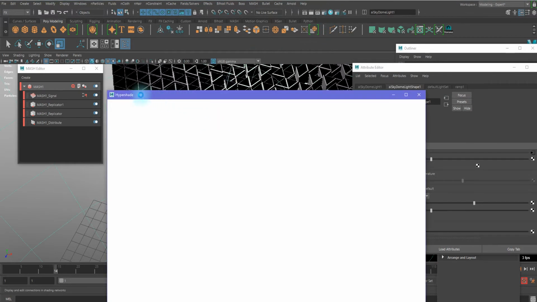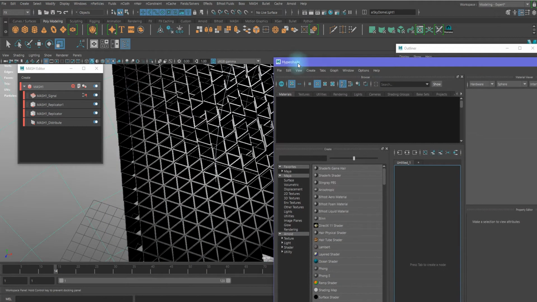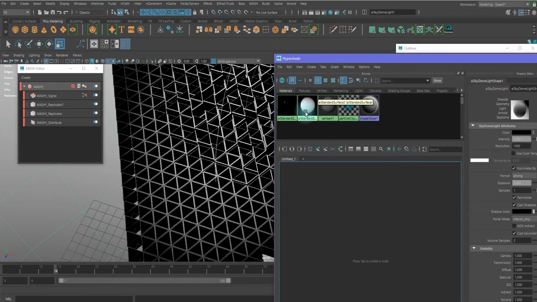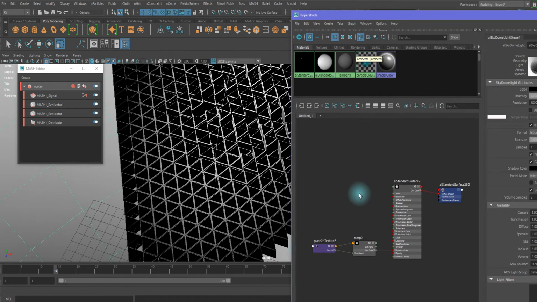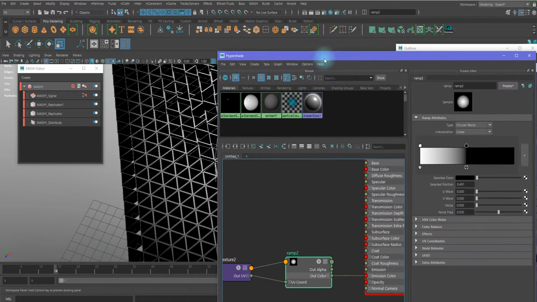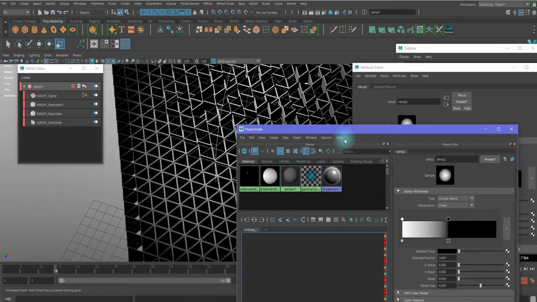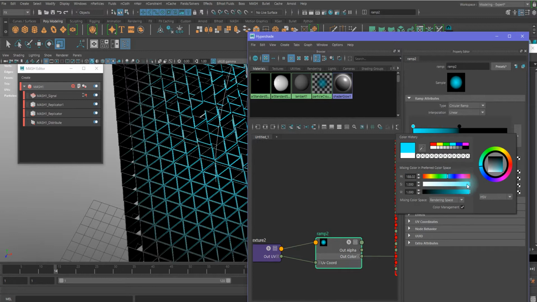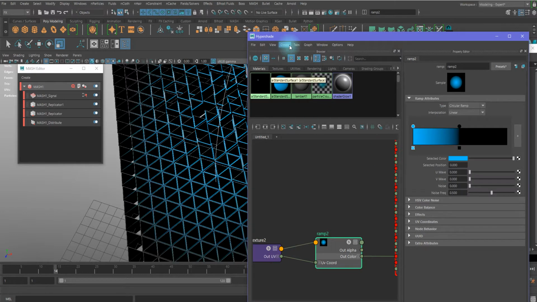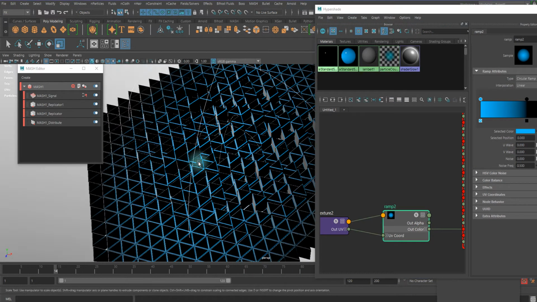And go to the Hypershade to work on this material. So if I go back to the ramp texture node, and of course you can tweak the color if you want. Let's go with some futuristic blue color, and